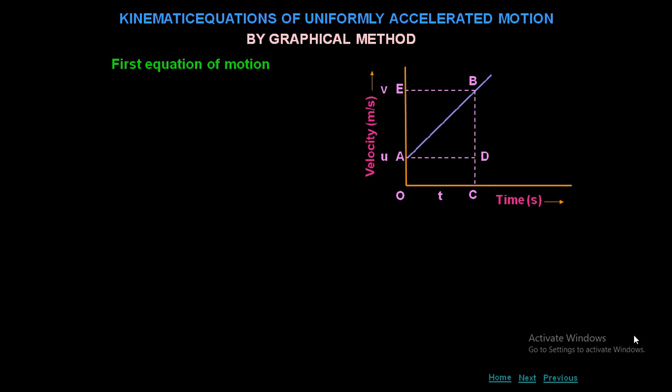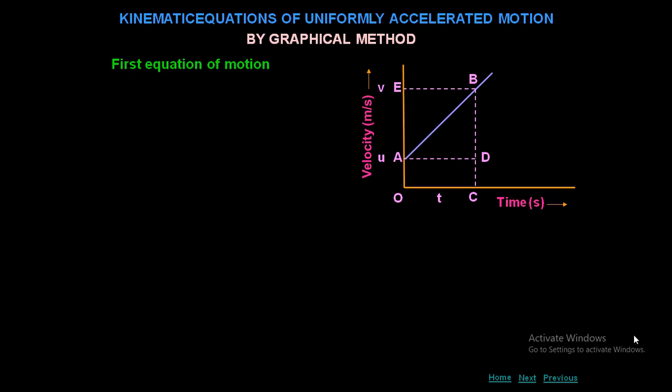Dear students, in this video we are going to learn how to derive the equations of motion of a uniformly accelerated body by using graphical representation. That is the graphical method. First equation of motion. Here I am going to consider a body moving along a straight line with uniform